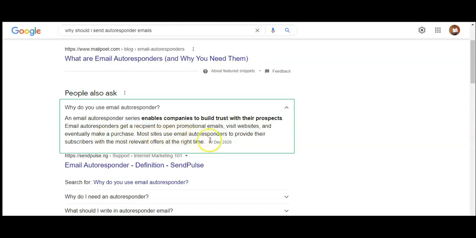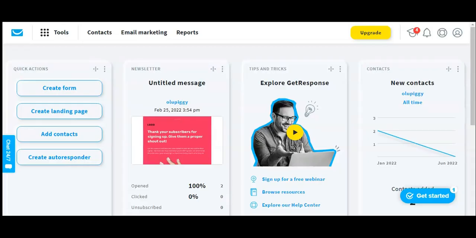Most sites use email autoresponders to provide their subscribers with the most relevant offers at the right time. So this is very much why you need email autoresponder software like GetResponse to promote your offers to a massive